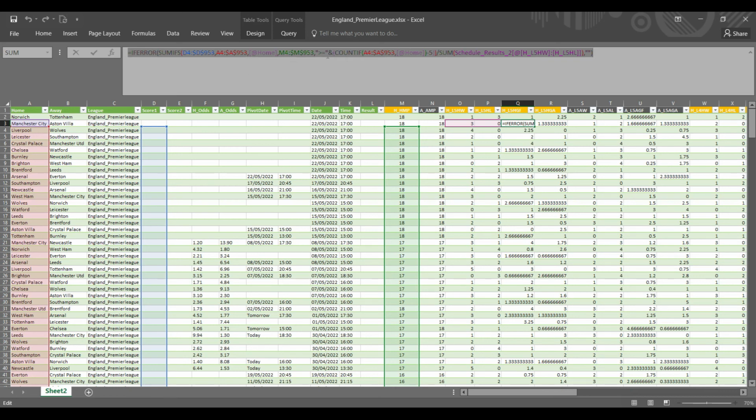formula, but if you see here, it also has this D column inside, which is the scores, because we need to have a summary of the score. We don't have count right here, we have sum if certain criteria are met. So first we put the range that you need to sum. So I say that I want you to sum, if there is a home team, the goals that this home team scored, and this is one of the criteria. So I want Manchester City to be in here, and then it's exactly as before. For the matches, I want it to be those matches, but it needs to be this minus 5. This is what it says up to here,